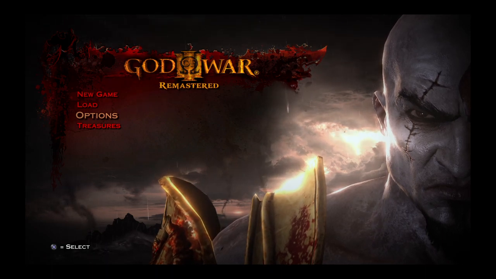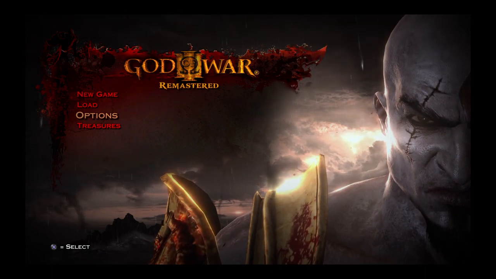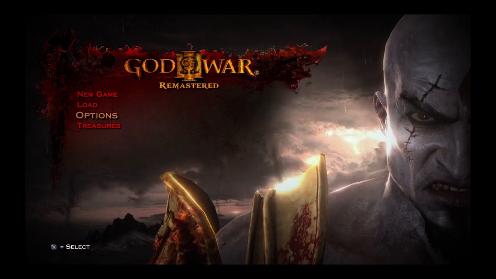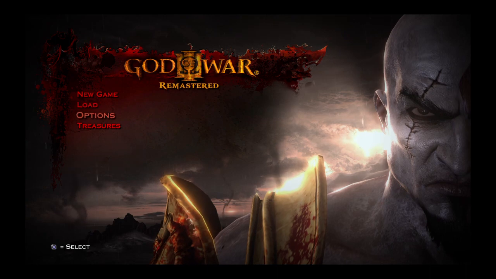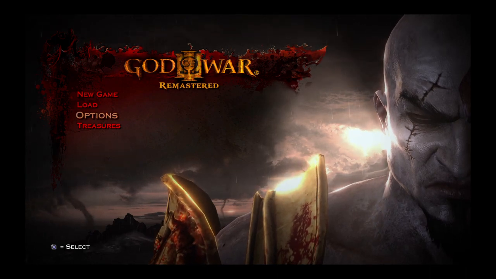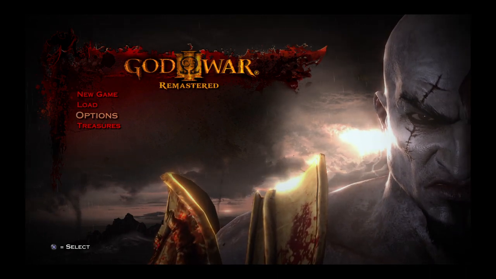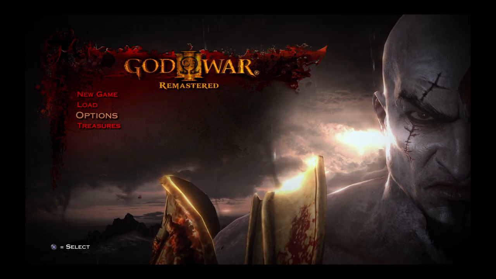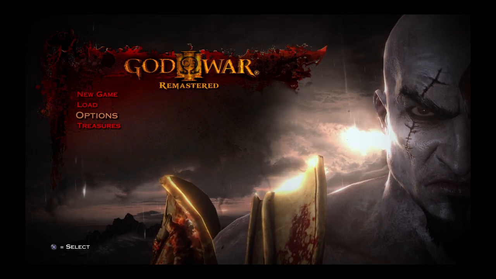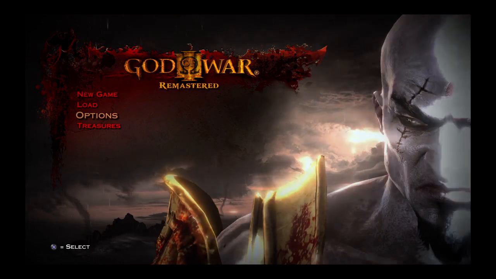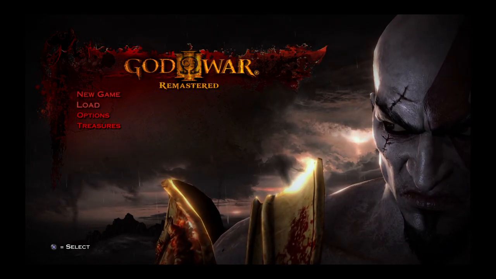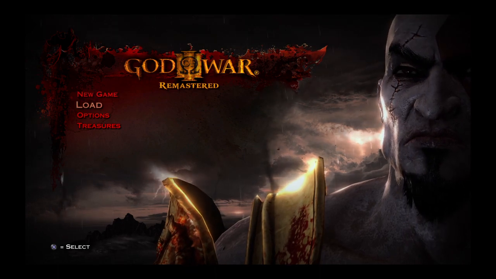UI wise, it's a lot better. It pops out more compared to God of War 1, where in God of War 1 it would just be red text in front of flames. It could be difficult to read potentially, besides when selecting them in God of War 1 where it turned the text white. So here we have the new game button, load,